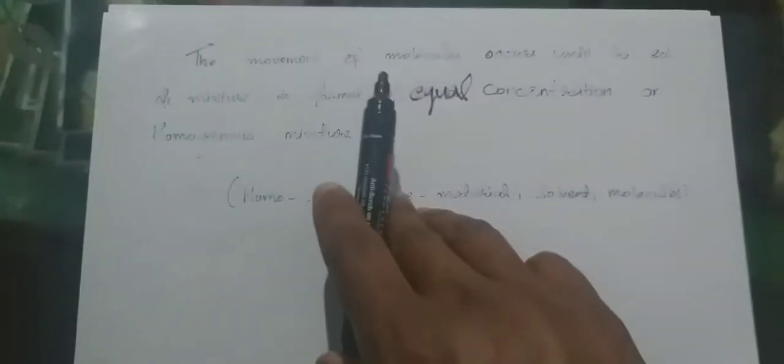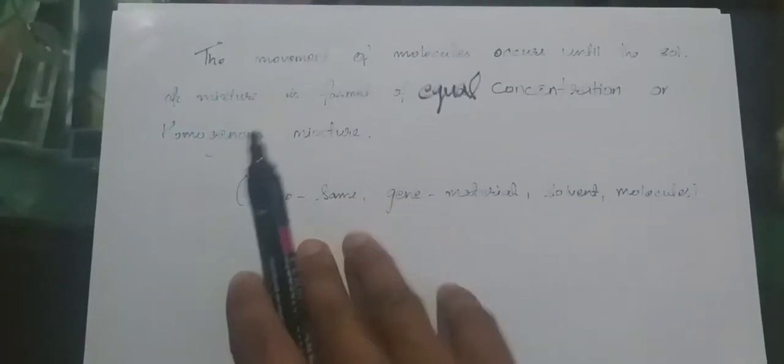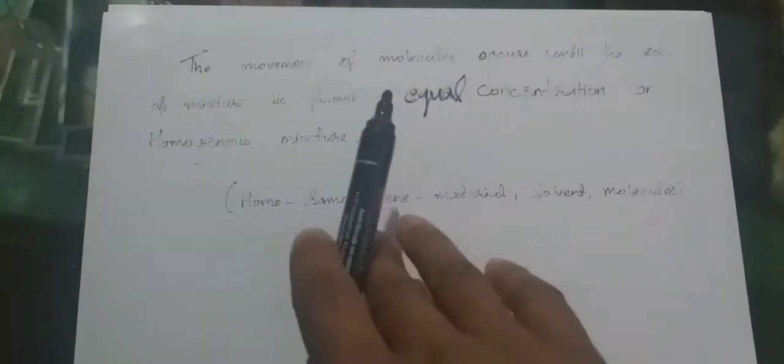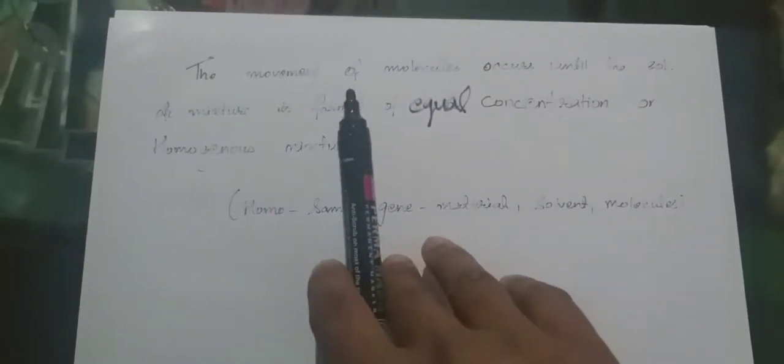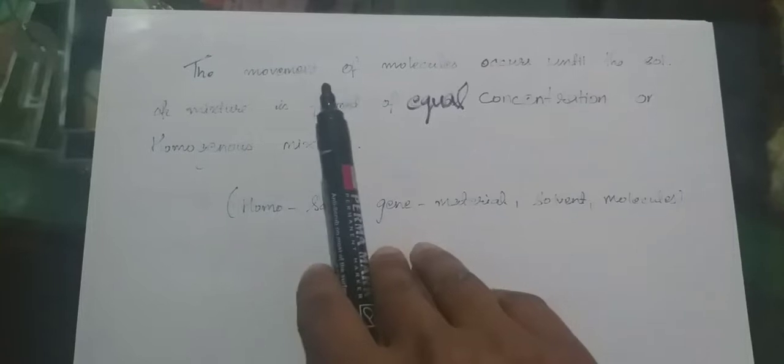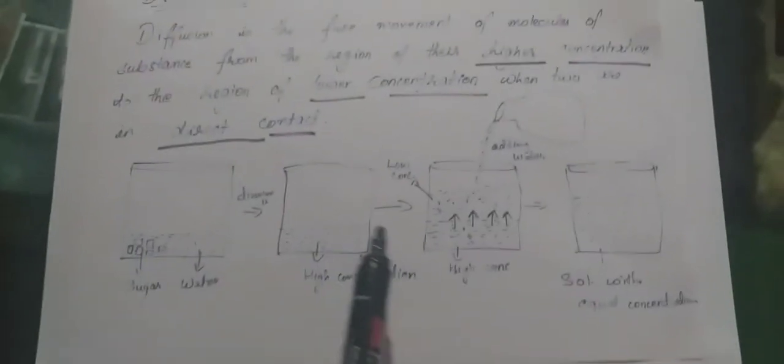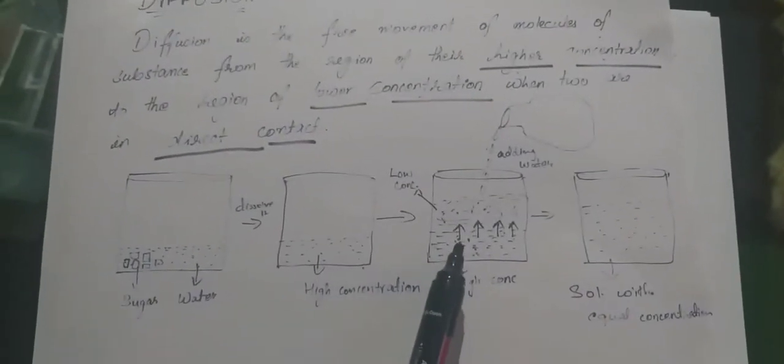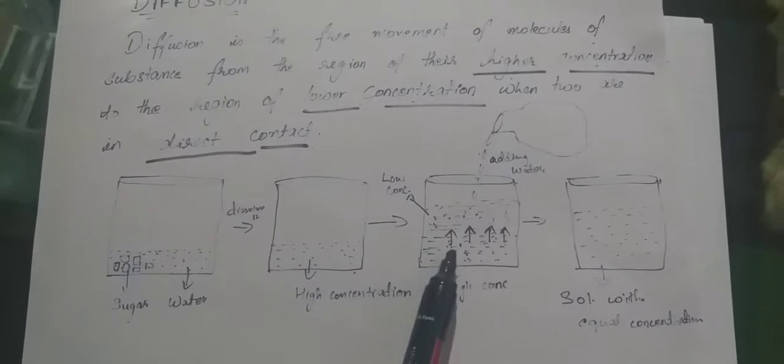So the movement, please listen carefully, because you may find difficulty in understanding the written portion. The movement of molecules occurs until the solution or mixture is formed of equal concentration, or a homogeneous mixture. I already told you that during diffusion, there is movement of molecules from the region of higher concentration to